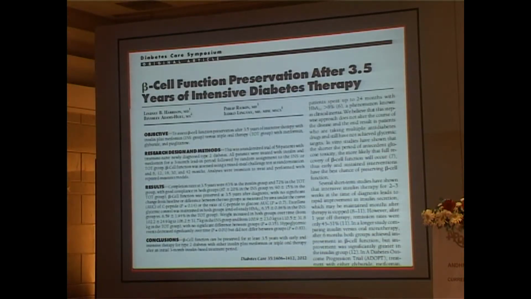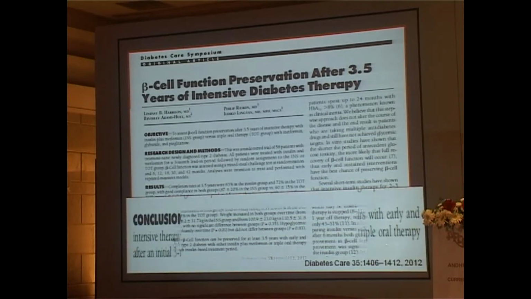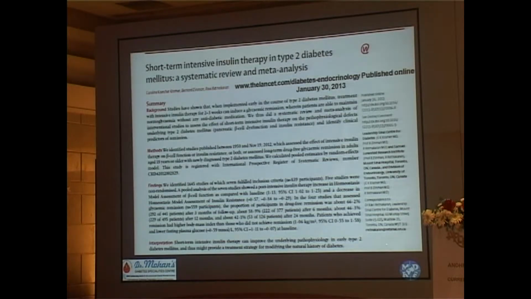The question you'll ask is, is this temporary, or can you have it for a long period? I don't have follow-up data, but here is the data, again published in Diabetes Care late last year, which shows that up to 3.5 years, this beta cell function can be preserved if you give them just 2 to 3 months of initial insulin therapy. After that, no insulin. 3.5 years later, they're doing well, okay? And this is the meta-analysis and systematic review which Dr. Vagesh Iyer showed, which put all the slides together, and